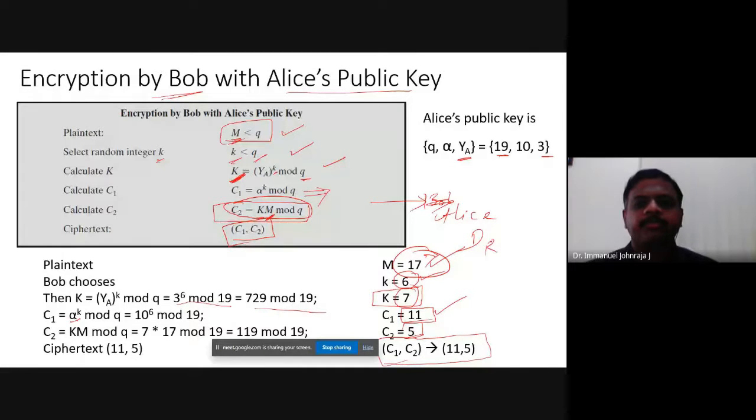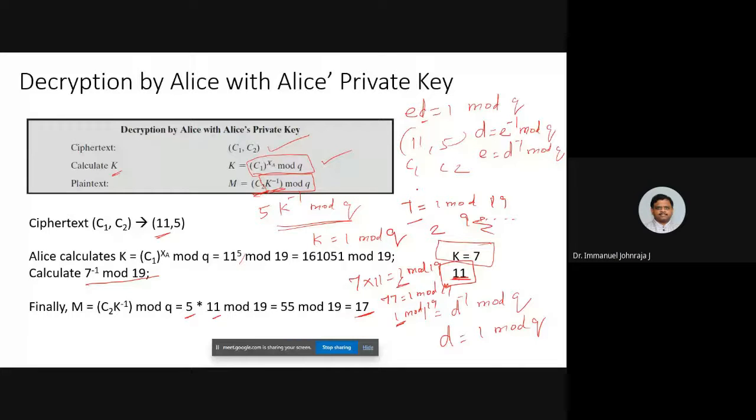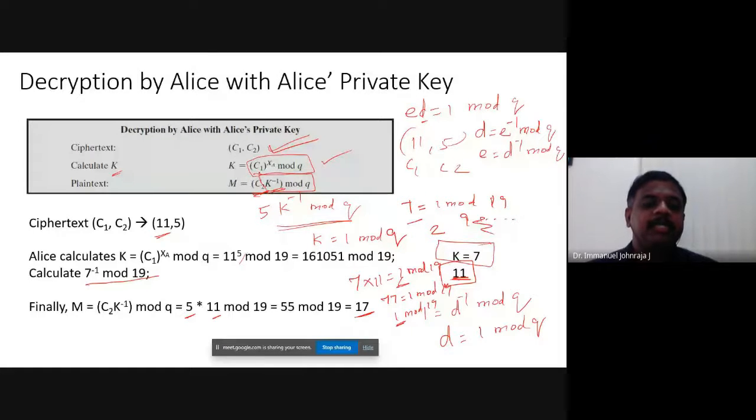Okay. Now Alice has to decrypt it using his private key. Okay. So the private key is XA. Yeah. So he decrypts it. These are the two values which are coming, C1 and C2. Then he calculates the capital K by taking C1 power XA mod q, and then the original plain text is obtained by multiplying C2 with the multiplicative inverse of K. I have just explained to you how this calculation is done, mod q, and then you will be able to retrieve the original message.